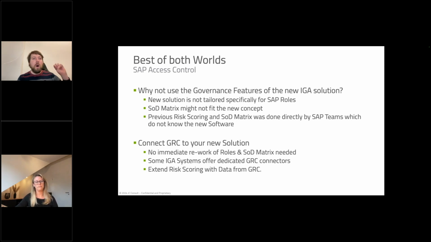So if you have your own portal for requesting access built in UI5, then you have to check which APIs are offered by the IGA solution to integrate it, because I don't know any native solutions. Our Center of Excellence might know something else, but I have not seen a native UI5 implementation for other IGA systems.